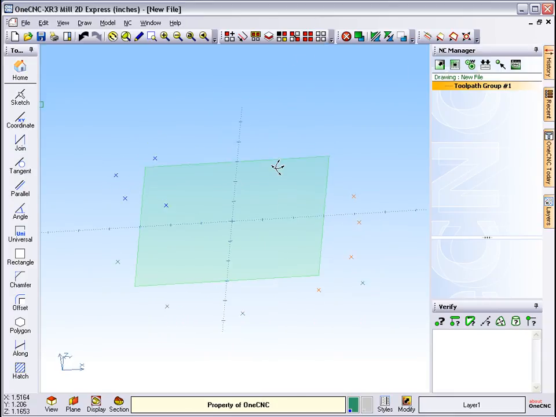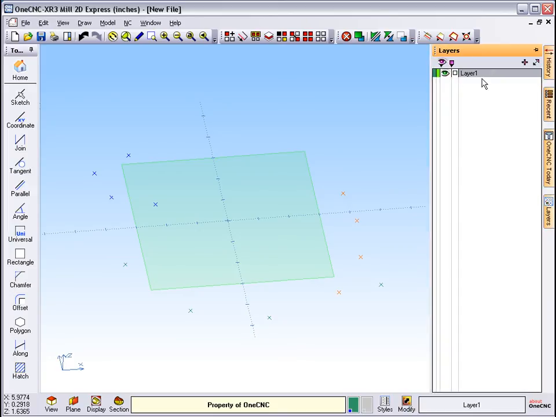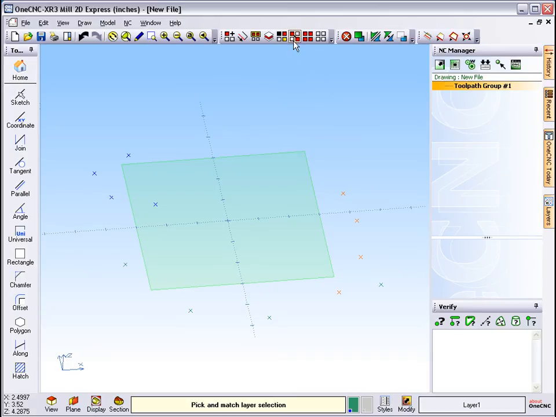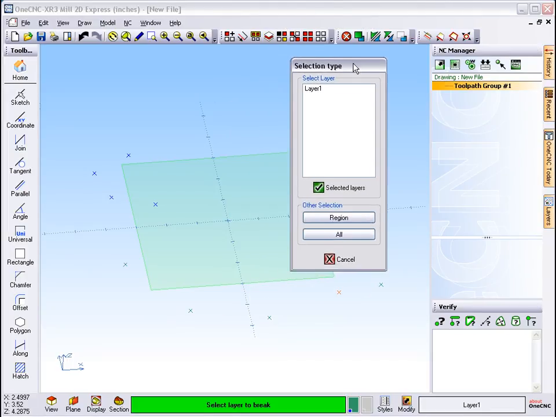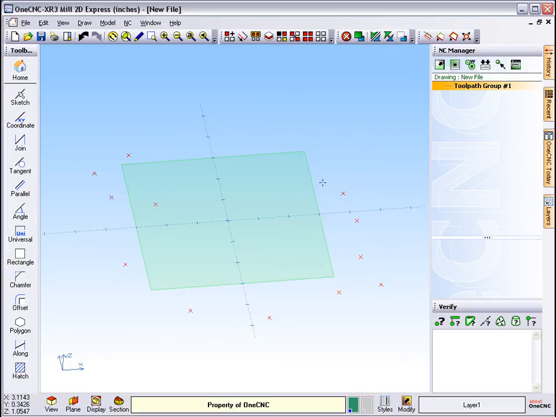Another technique is to select geometry by a layer. That's probably a little bit too deep for right now. Right now there's just one layer on the screen. You can see we just have this layer called layer 1. And if I want to select all the geometry on that layer, a couple ways to do that. One would be to come up here and use this select by layer tool. And all I have to do is highlight the layer I want to use and then select by layers. And now you can see all the geometry on that layer's been